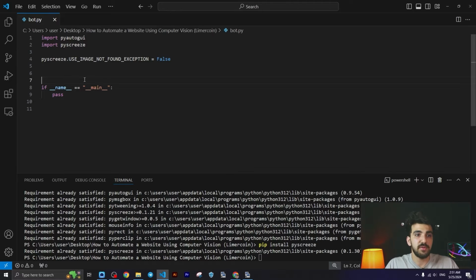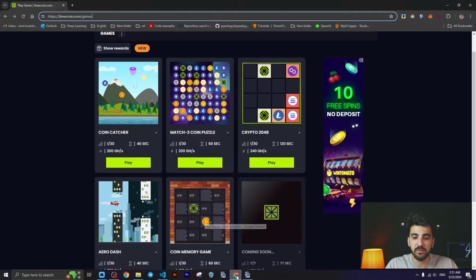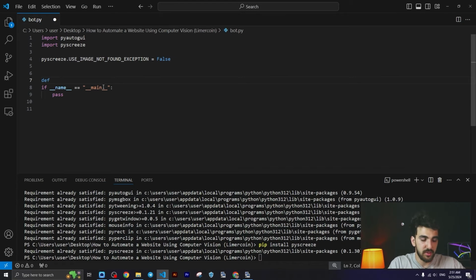So as I said before, our first objective is to click on Google Chrome here. So I'm going to implement a function definition such as chrome_open, for example. Then I'm going to use pyautogui.locateCenterOnScreen. This function takes 2 arguments. The first one is the path of the image that we are going to find. Here is